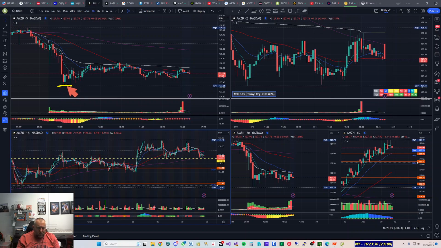So it got pretty much close to it, and had I been keeping an eye on it, I may have just bought one or two call contracts as it came down to this area, and then waited for the VWAP. But that was a good trade, and my number was pretty much spot on, exactly what I said, and that was based on the,